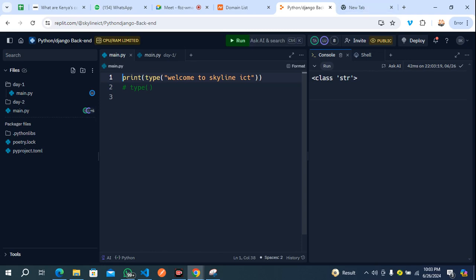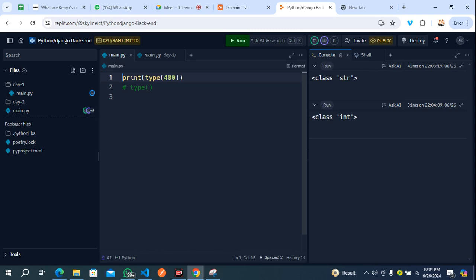Now, if I remove the quotation marks and then decide to type 400 and then I run this, I will notice that we have a different type: int. So every object in Python must have a type.